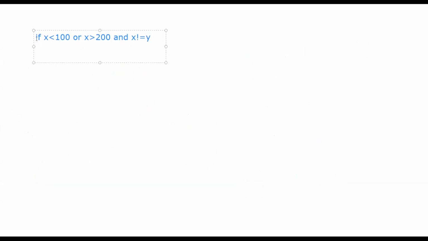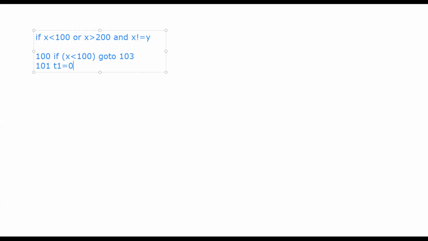Now we are starting the 3 address code. At line 100 we have written: if x is less than 100, then go to. Okay. Now go to where? Go to the start of the AND condition. Suppose I have written line number 103. What will I write in line number 103? You'll see later.